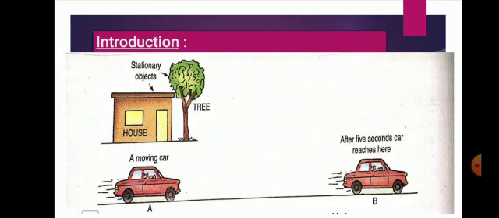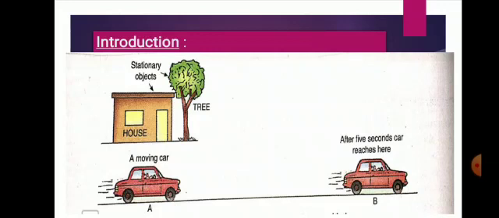See in the diagram. A tree is fixed at a place, so we can say that it is stationary. Similarly, a house, school, factory, poles, electric poles, all are stationary objects which remain at a fixed place. On the other hand, a man, animals, birds, car, bus, train, airplanes do not remain stationary all the time, means they can move from one place to another.